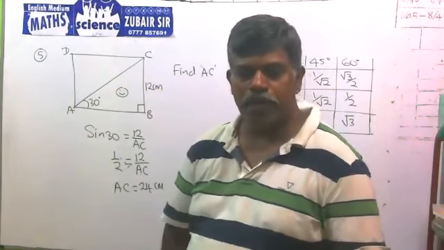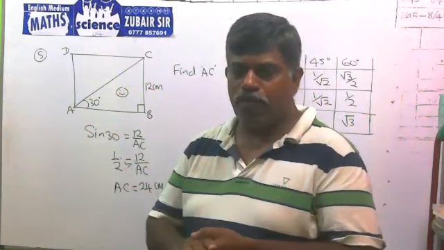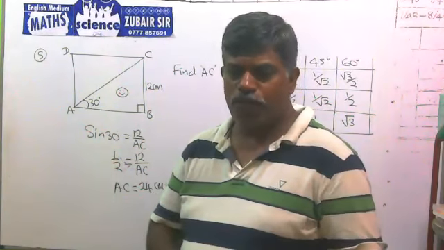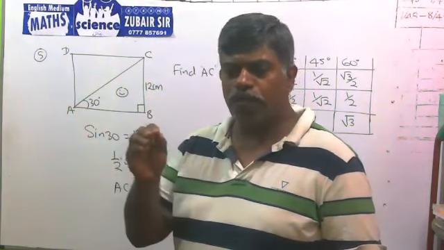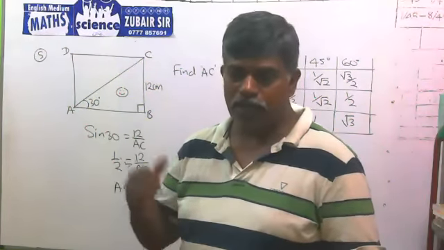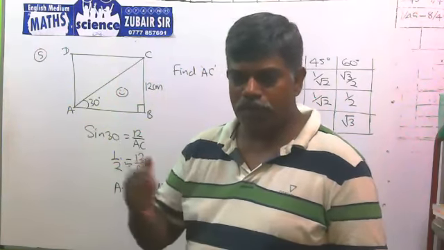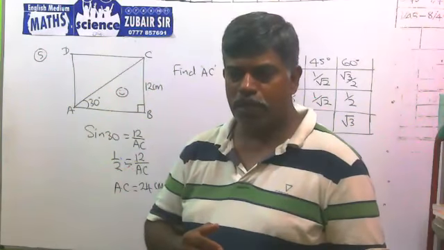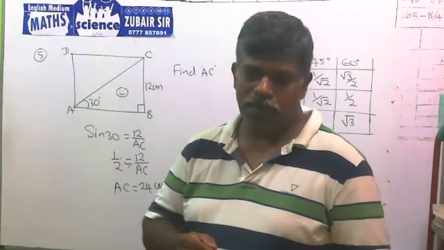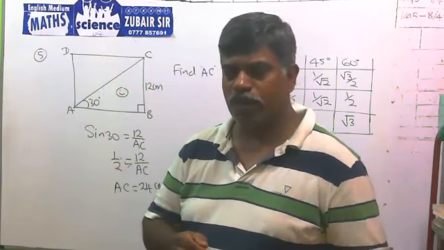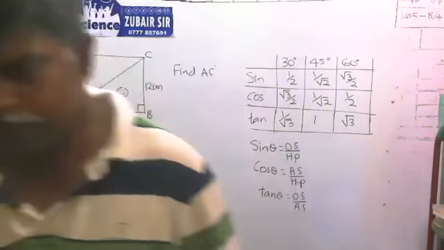Right, then I think you could have understood the use of the values of sine, cos, tan for 30, 45, 60 in this way, in fraction form. So next time we'll see how to use the sine, cos, log table chart and find the values of the unknown things. Okay, so goodbye.